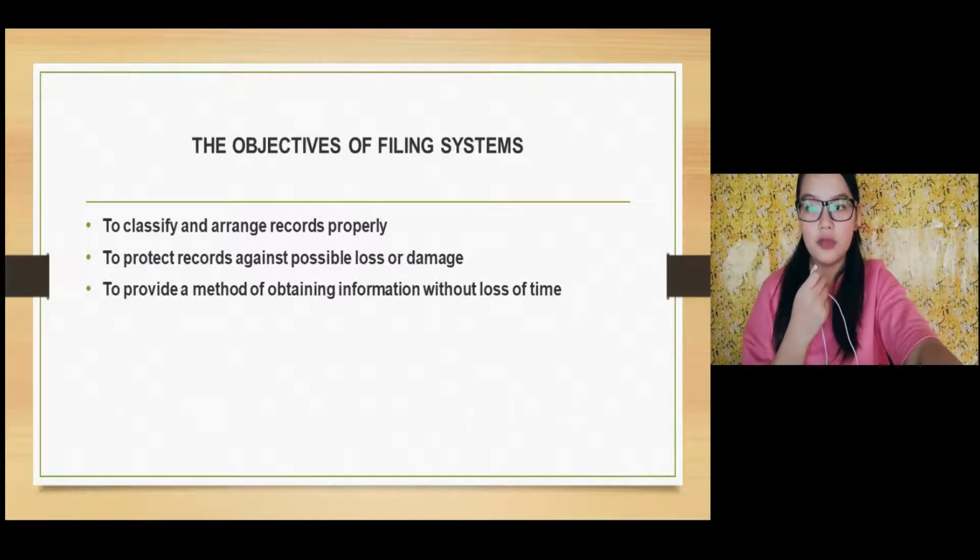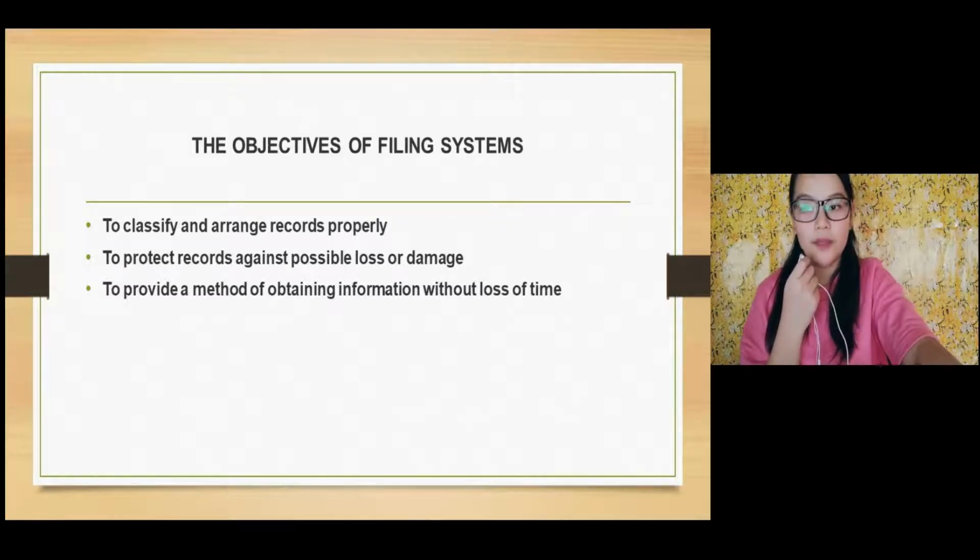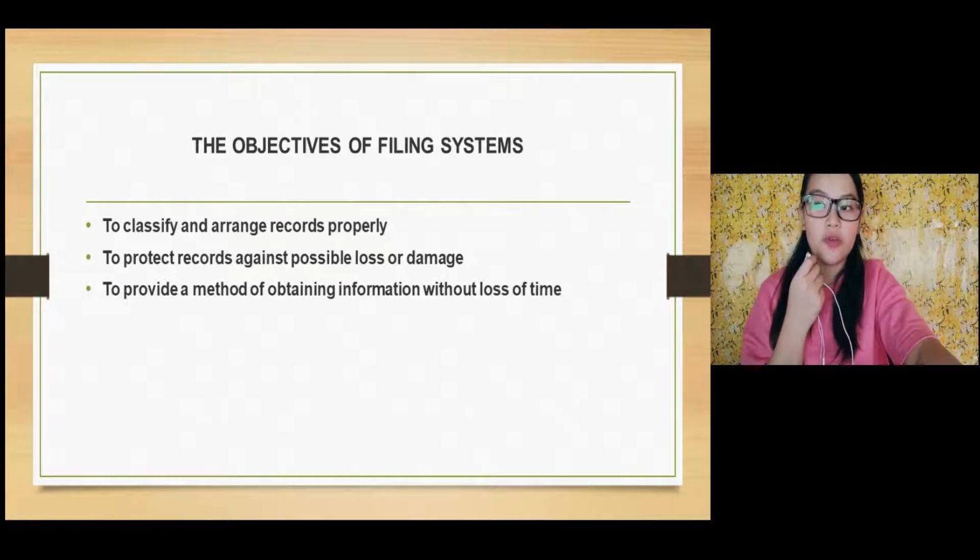The second one is to protect records against possible loss or damage. The proper arrangement of documents can keep them secure. This is because the documents are placed nicely and it is easy to retrieve them. If the documents are arranged in order, it will help the staff to find them and put them back in their original place. Documents also will not deteriorate because the space is just enough for them to fit in. It also prevents the documents from getting folded, which then leads to damage to the documents.